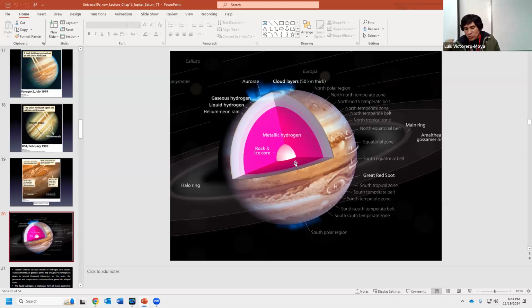So there are presumed to be three cloud layers in the atmospheres of Jupiter and Saturn. The cloud layers in Saturn's atmosphere are spread over a greater range than what we see in Jupiter. Okay? Now,